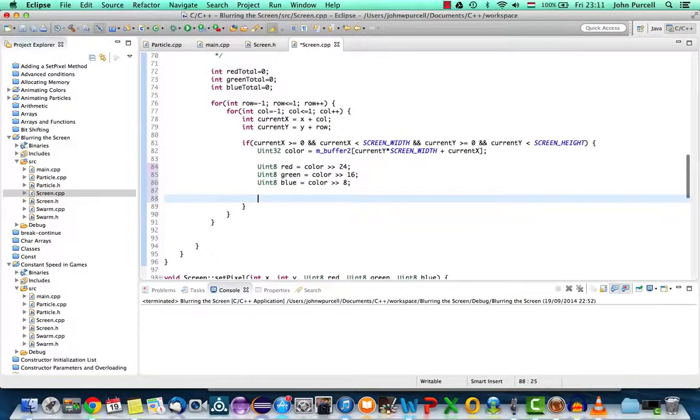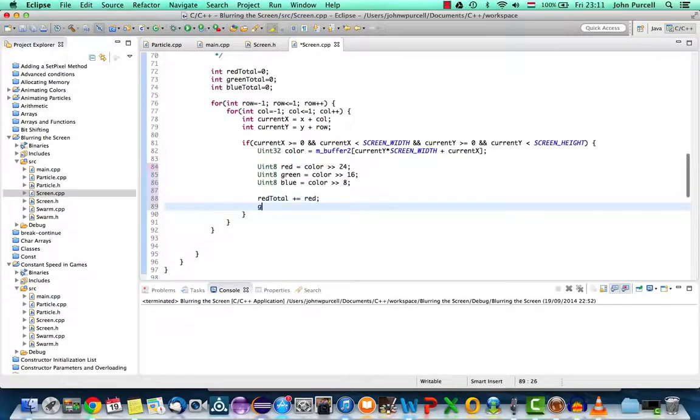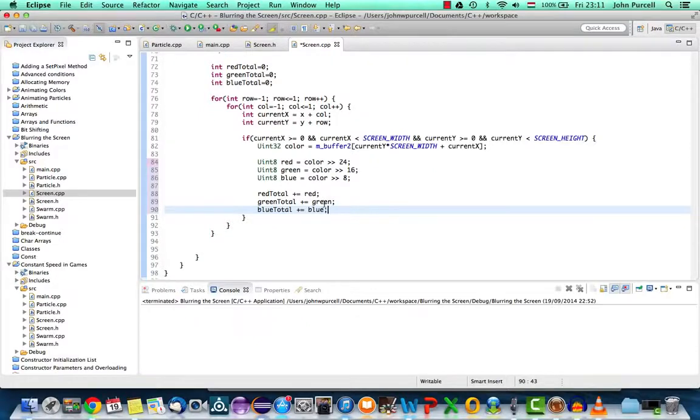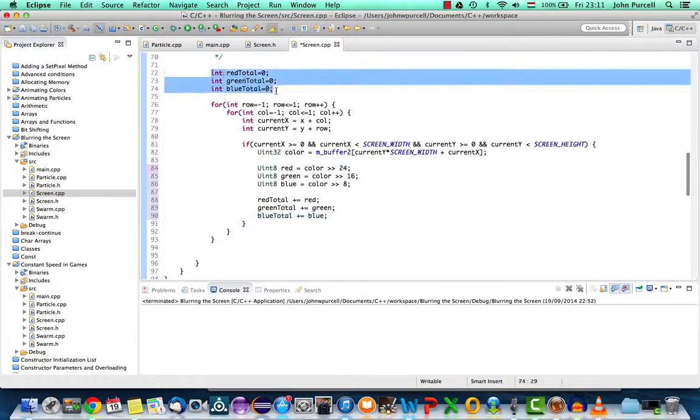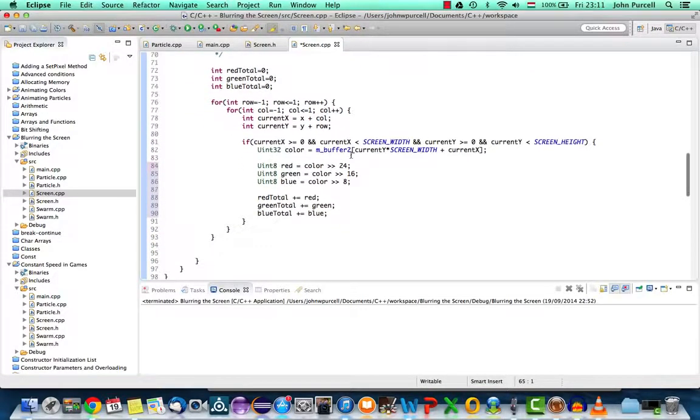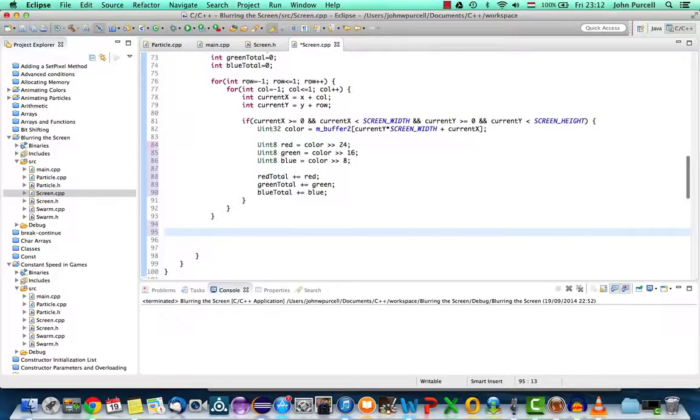Now we can say here, if we get a valid pixel and we can get colour values out of it, we're going to say red total plus equals red, green total plus equals green, blue total plus equals blue. Now we've summed up all these values for a box surrounding this pixel here at x and y, and we're going to go after this loop that iterates over that grid of 9 pixels, and now we can say